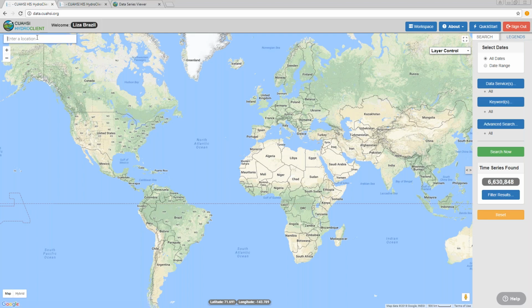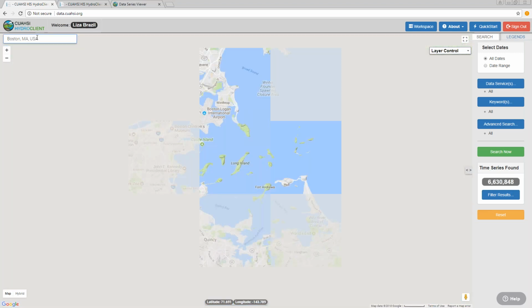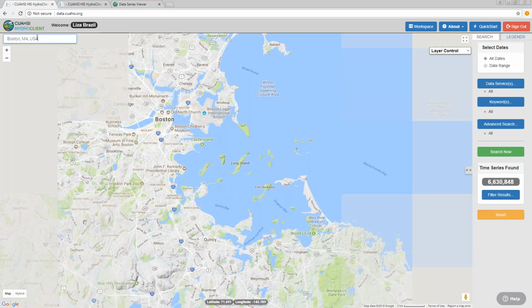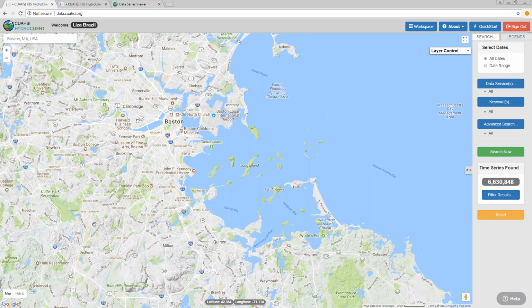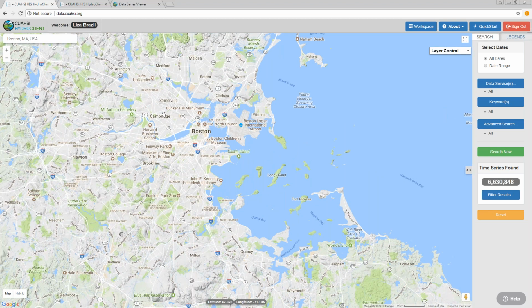So we can narrow down our area of interest by going to Boston. This is actually right by where we are located at Quazi. We're in Cambridge, right next to Boston. All right, so we can narrow down our scope here. First of all, we set our area of interest. We're going to just be searching on the map interface that's showing now. If we wanted a larger view, we would obviously zoom out and it would search over that larger view.